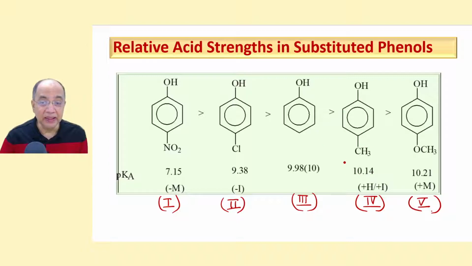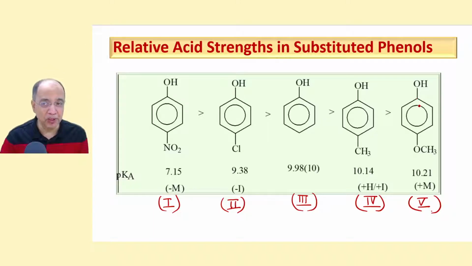On the other hand, methyl and methoxy are electron releasing groups, particularly when the methoxy group or any alkoxy group is in the para and ortho position. Then there will be resonance and you will find a minus delta charge on the ipso carbon. I told you that the first carbon with respect to any substituent is called ipso. These two are ortho, these two are meta, this is para with respect to OH. On the other hand, with respect to methoxy, this is ipso, these two are ortho, these two are meta, this is para.